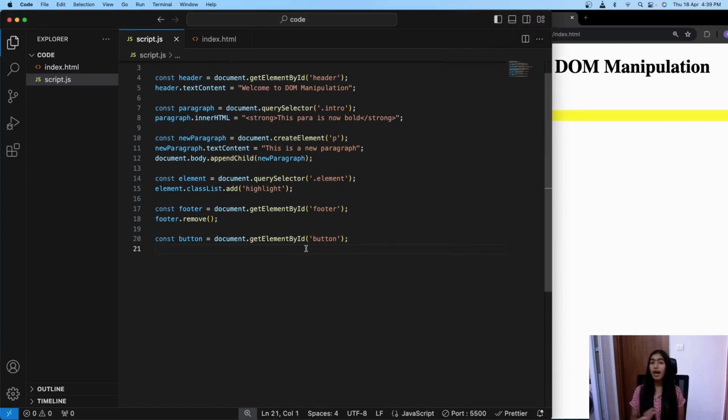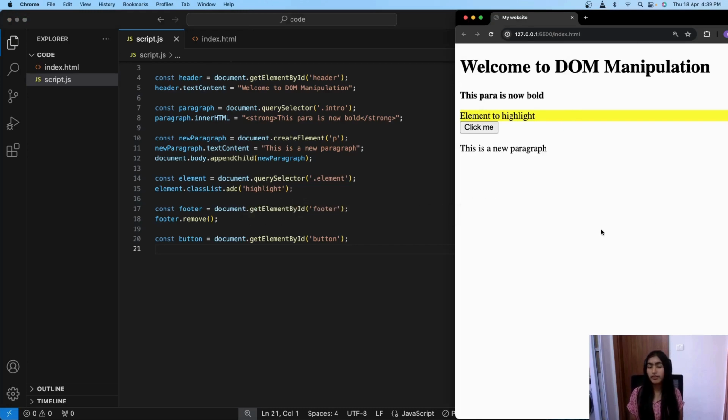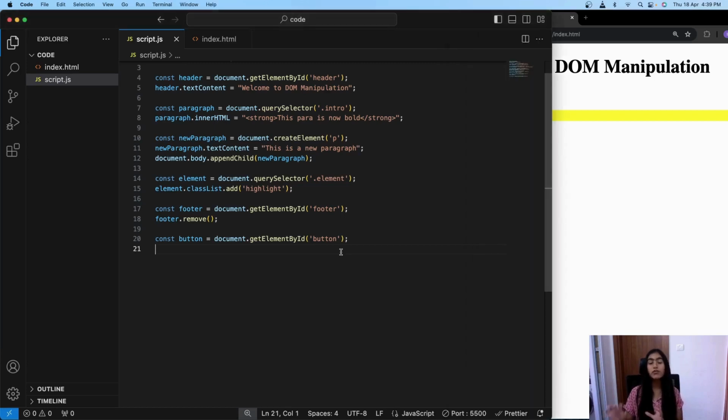Now to make something happen, we have to use addEventListener. So this method allows us to make something happen once we click the button, so some action should happen. We click it, and we receive the pop-up. It's not just for buttons specifically.